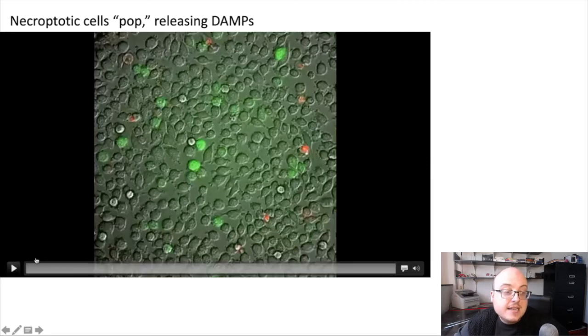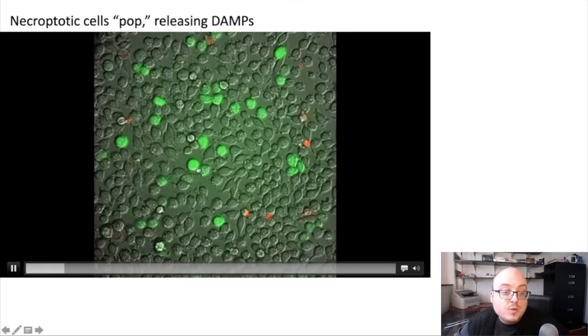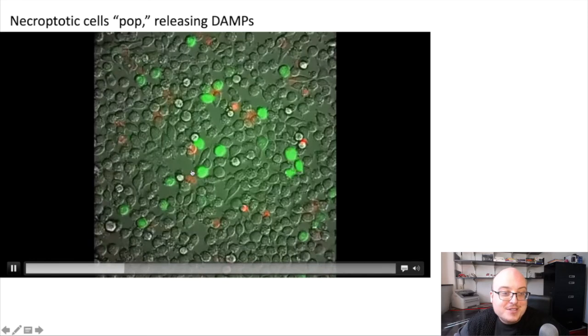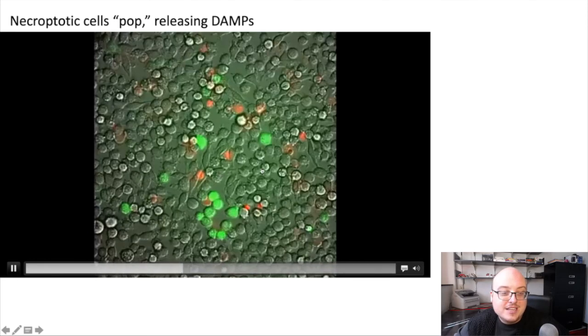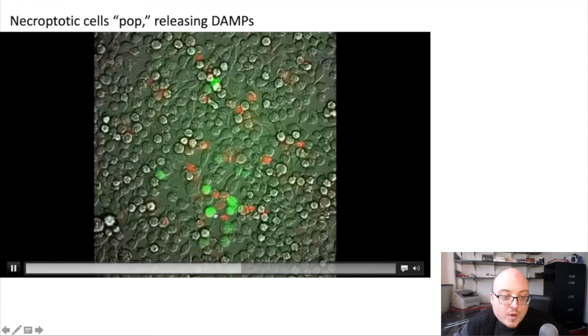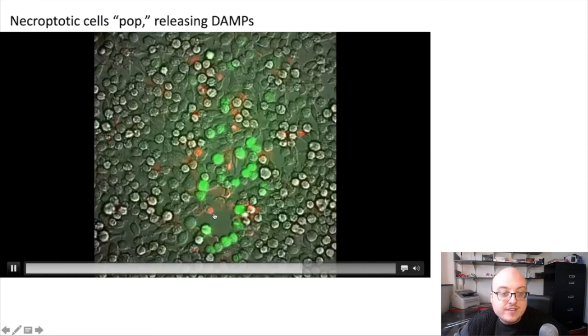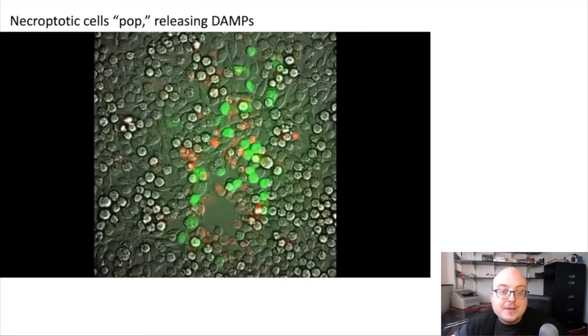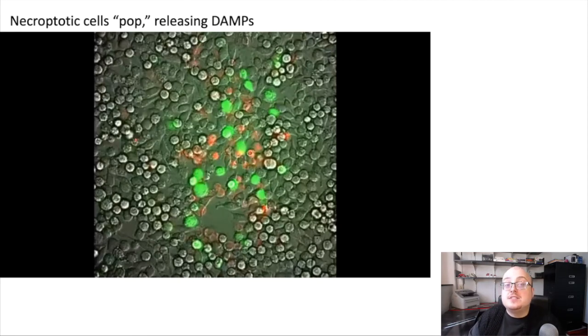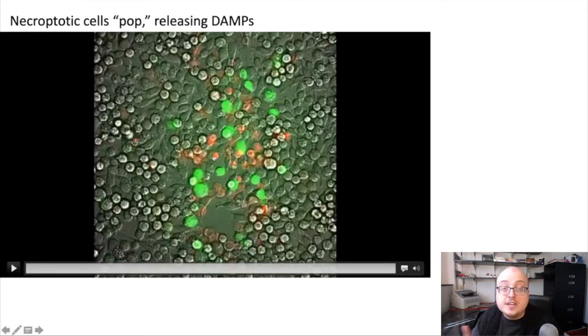And what you'll see is that the infected cells in green kind of swell and pop. And as soon as they pop, they turn red because that dye is binding with the DNA in their nucleus. So you see this looks way different than apoptosis, right? All of these little infected cells, they're swelling like balloons, they're popping. And when they do so, instead of sequestering their DAMPs, they're releasing those DAMPs into the medium here. But if this were in an animal, of course, they'd be releasing it into the extracellular environment where they could be sensed by any of the cells that were nearby, including any immune cells, which might, in fact, be quite activated by sensing those DAMPs.